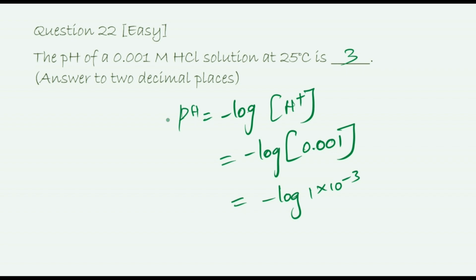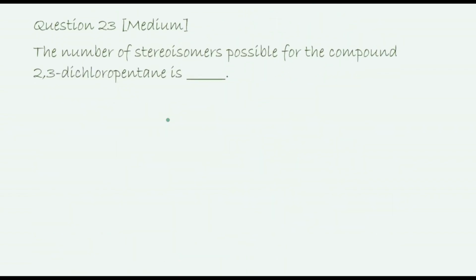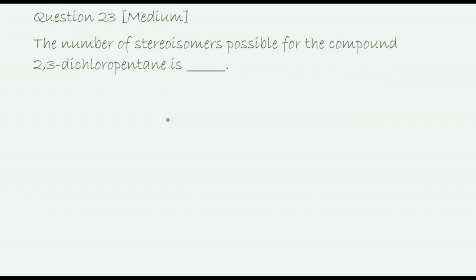Log 10, which is equal to 1. So the answer becomes 3. Or else the easy way you can do, check for the question and then put the digits after the decimal point. The number of stereoisomers possible for the compound 2,3